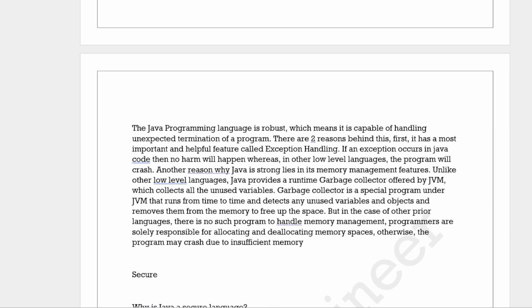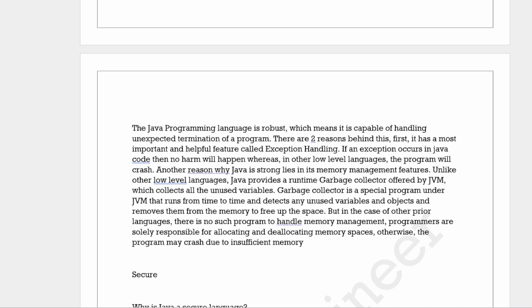First of all, I am introducing what an exception is. An exception means that when your application or program is running, it unexpectedly terminates. Something happened, some error occurs, and your program is terminated. This is called an exception. In Java there is a mechanism to handle this exception. Because of exception handling, your application will run smoothly, with no interruption to the application or program. So this one feature makes Java robust.